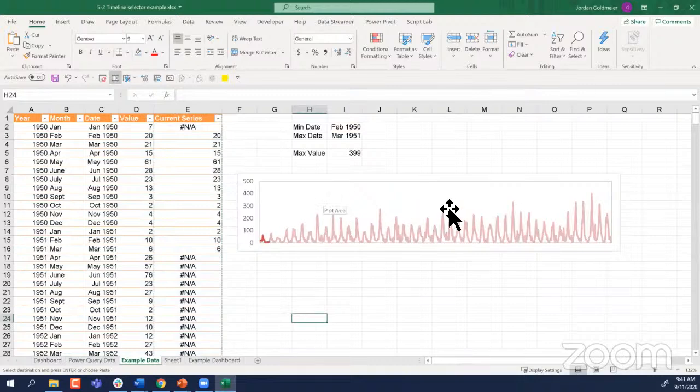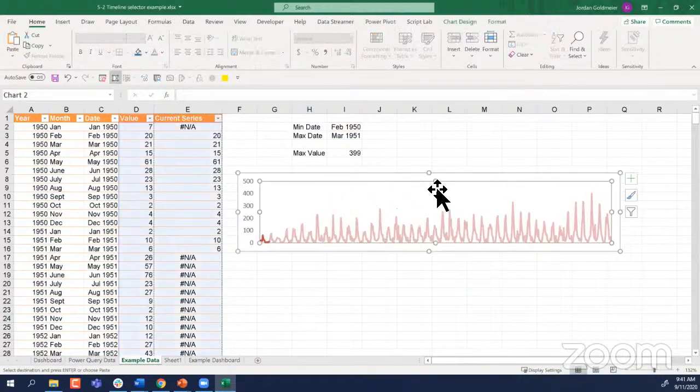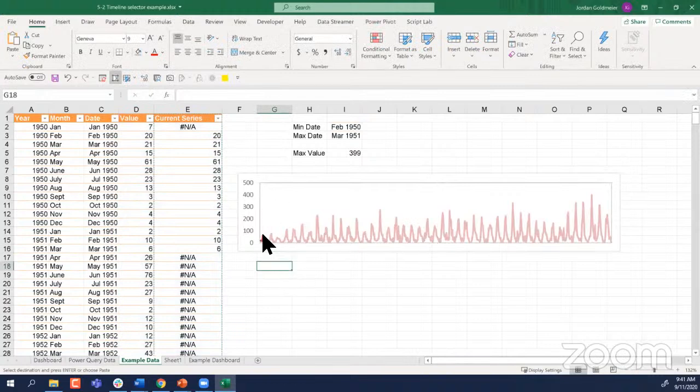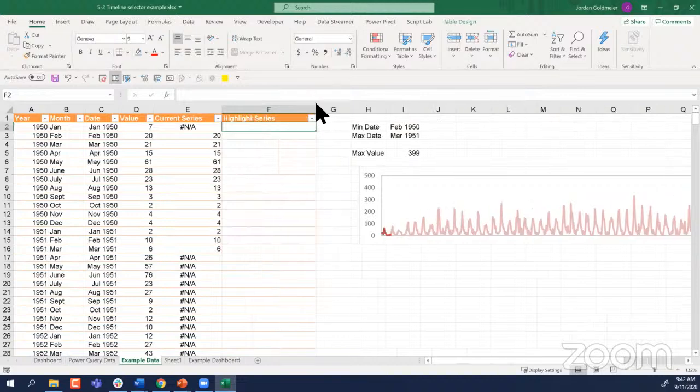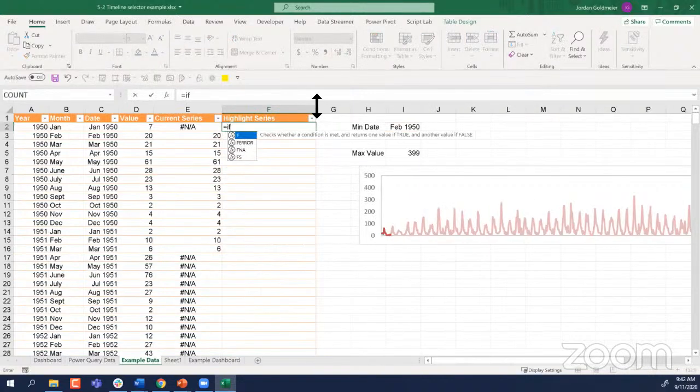Next thing is, note in my final version, I also had a highlight on there just to really bring it out. So how can I put the highlight on there? Well, we would just need to create a highlight series, like that. And how can we test if there's a highlight series? Well, we wouldn't do IF NA, we would actually do a NOT IF NA. I don't know if it has a NOT IF NA, but what we can do is just do another IF,